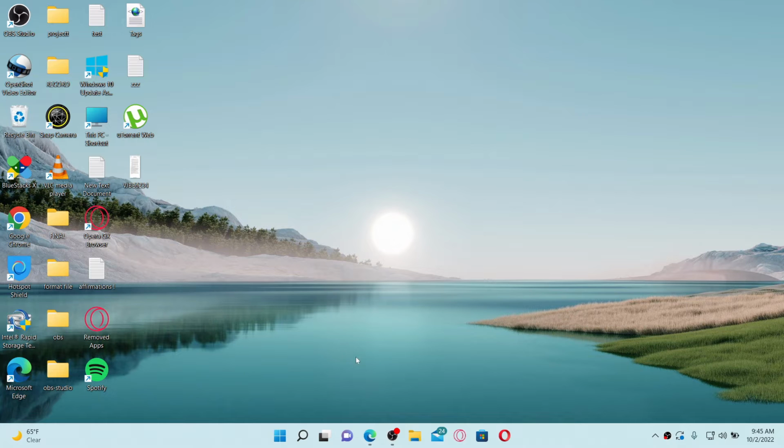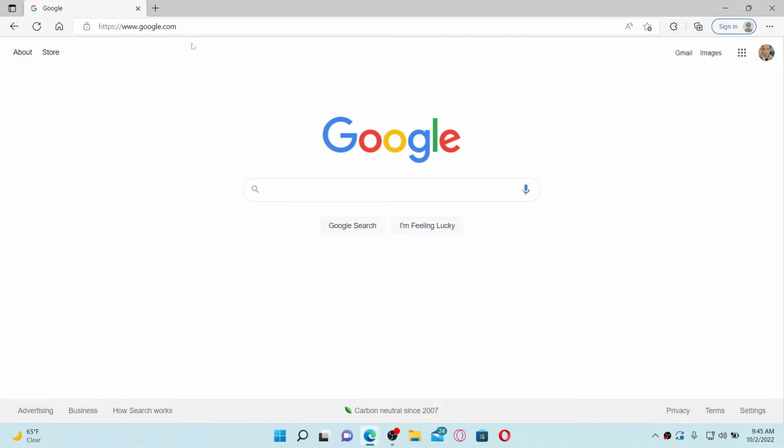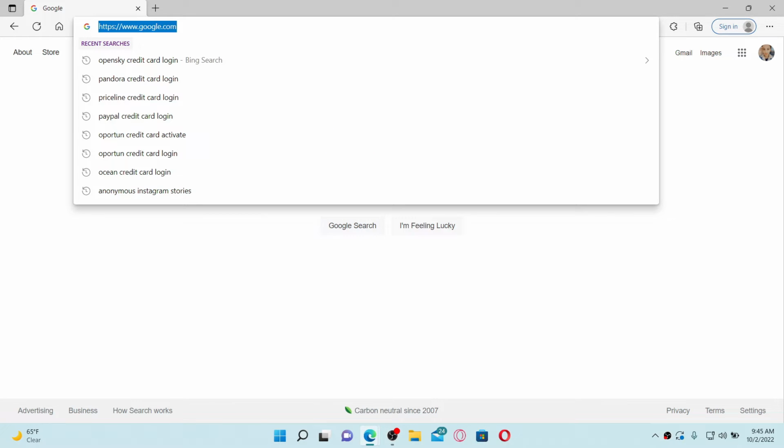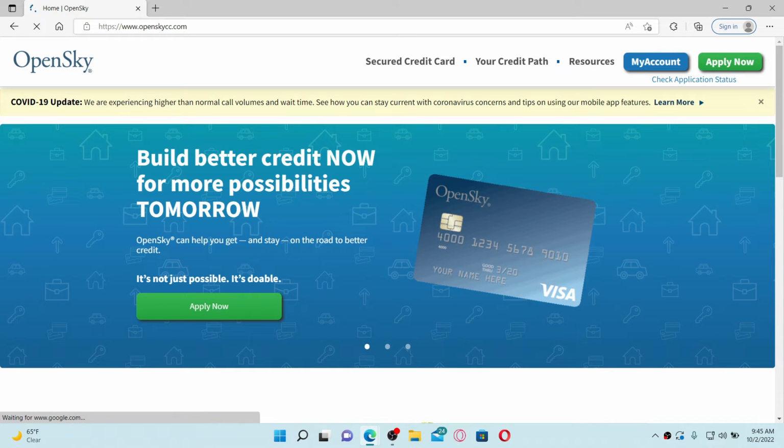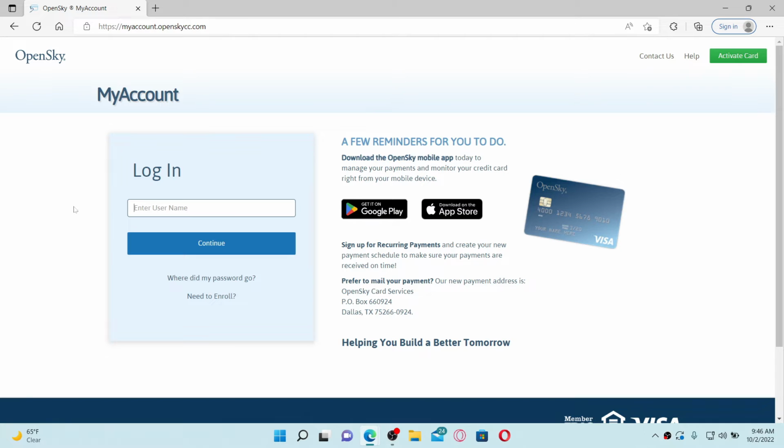To activate your Opensky credit card account is quite easy. Make sure to open up a web browser, and once you do that, go to the search box at the top and type in openskycc.com and press enter on your keyboard. Once you do that, you'll end up in this official site of Opensky. Go to the top right and click on the My Account tab, which will take you to the login area